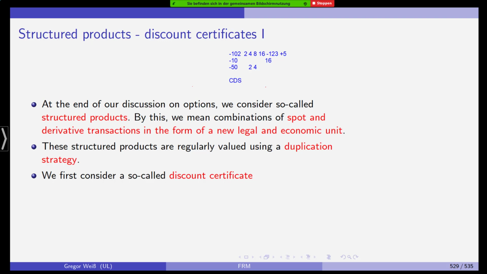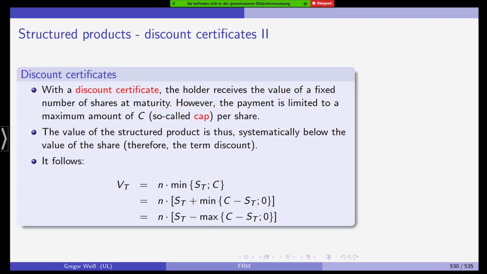So let's first look at a so-called discount certificate. With a discount certificate, the buyer receives the value of a fixed number of shares at maturity. However, payment is limited to a maximum amount of C. So this is a so-called cap per share. And the value of the structured product is thus systematically below the value of the share. This is why it's called a discount